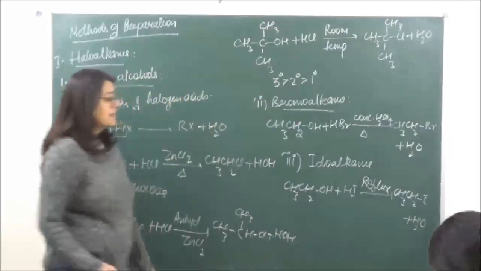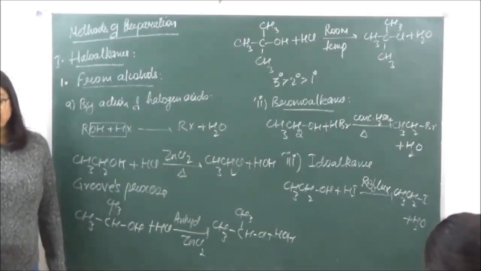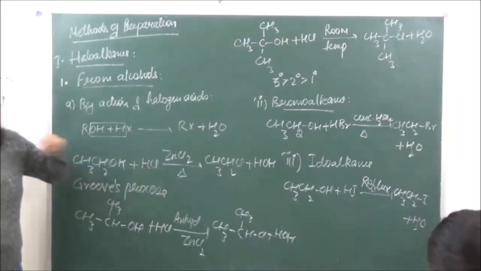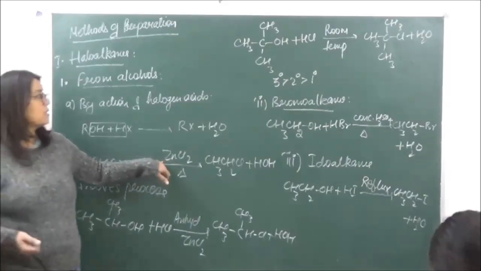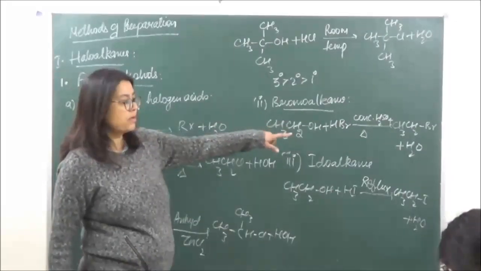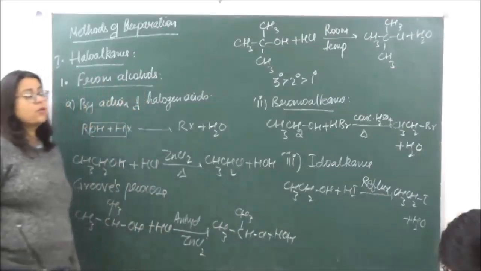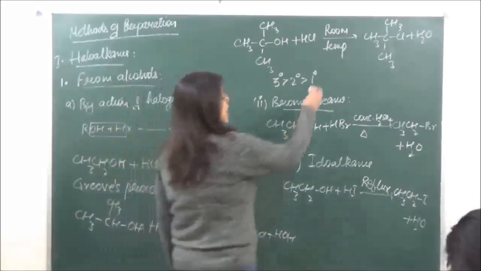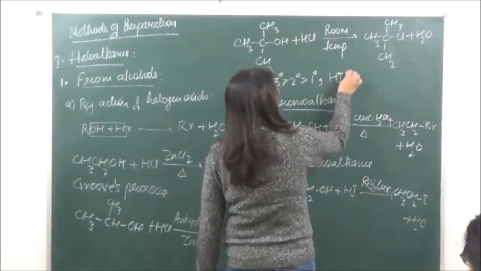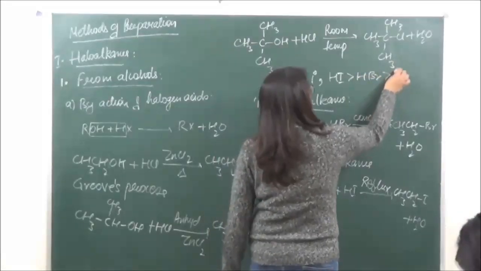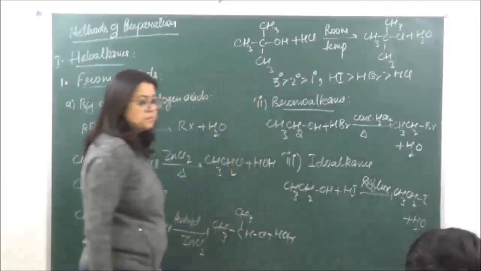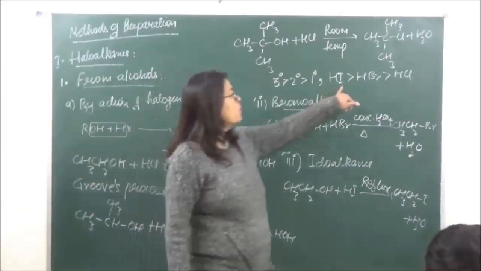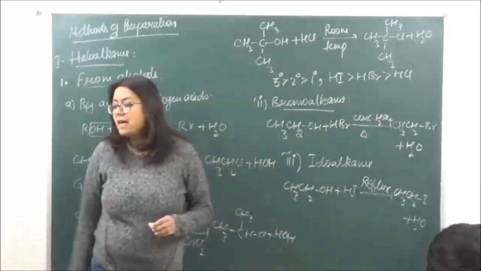So when you're looking at the reactivity of halogen acids over here, in the first category when we were doing the preparation of chloro, it was seen that we were using a reagent. In case of bromo also we are using a reagent. But in case of iodoalkanes, there is no reagent which is going to be used. So therefore, the order of reactivity of halogen acids is going to be HI, HBr and HCl. The reason behind this is that when we are talking of iodine over here, iodine has a larger size.